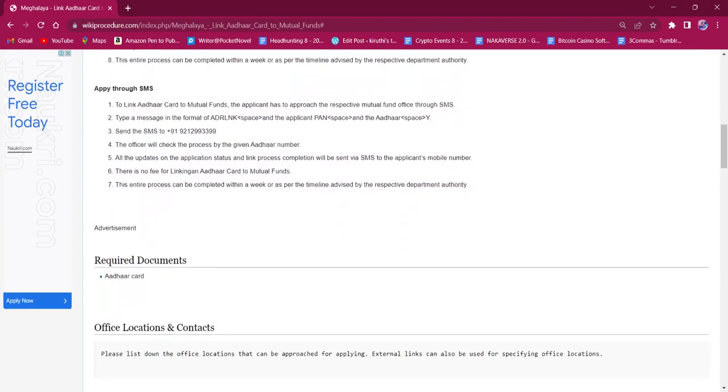For applying through SMS, the applicant must type a message in the format of capital ADRLNK space applicant PAN space Aadhaar number space Y. Then send the SMS to +91 921 299 3399. The officer will check the process by the given Aadhaar number and then the application status